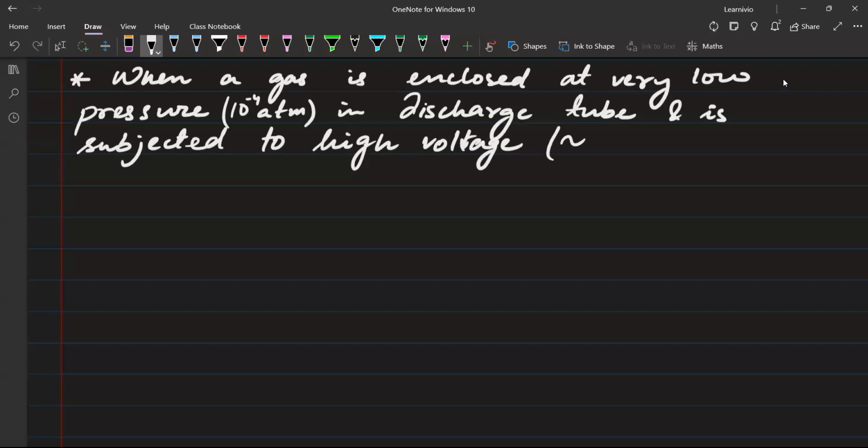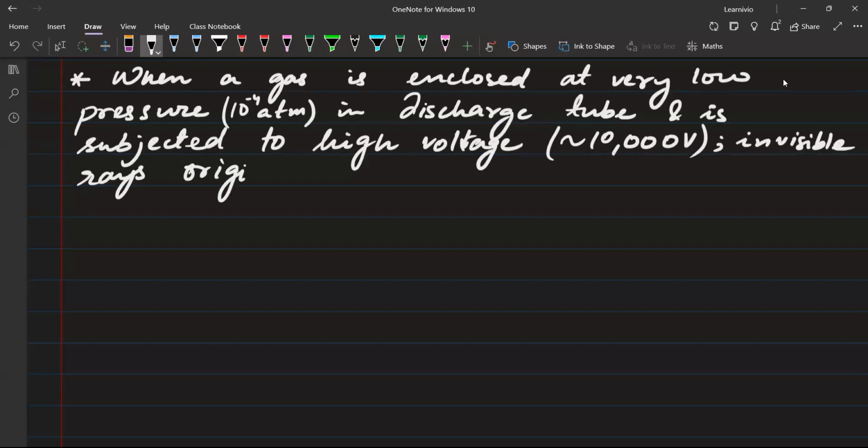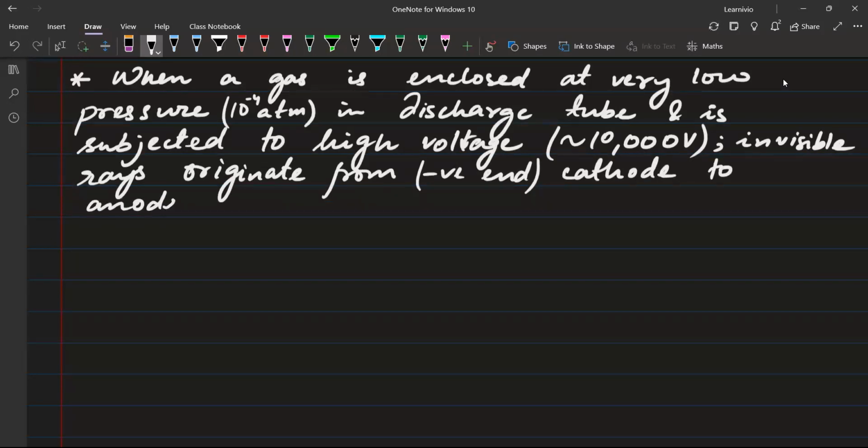Subjected to high voltage. The voltage that we have to give is approximately 10,000 volts. Okay, these values are not important, but you need to write this in your note. Invisible rays originate from the negative end. What is the negative end? Cathode. Anode. What is an anode? Positive end. Okay? Then you write producing